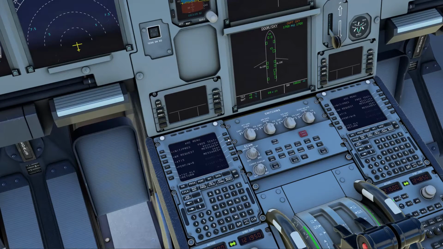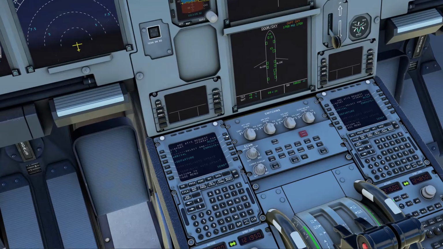Okay, ALC menu. And we can get weather request. Right, but it's not filled in. You can actually put the airport in now if you want, but I'm not going to do that just yet. ATIS, I'm not sure if ATIS is available here at the moment. So format for MCDU.